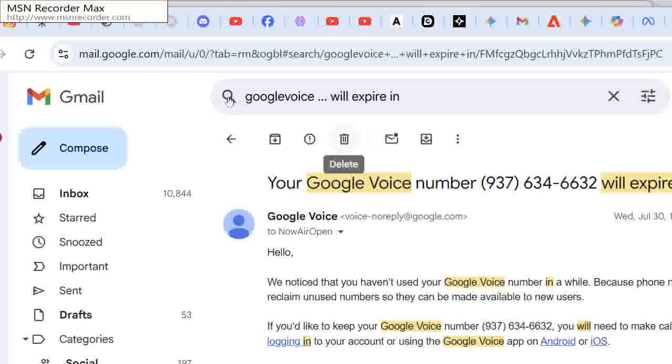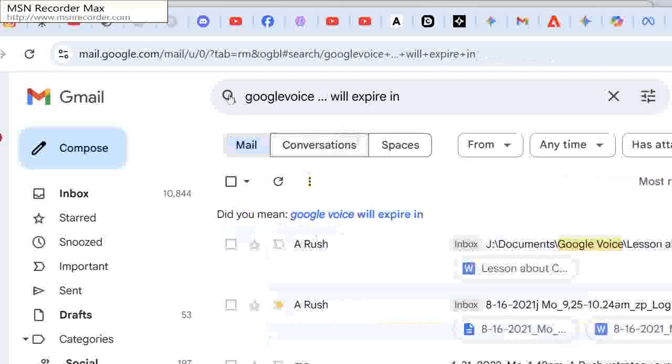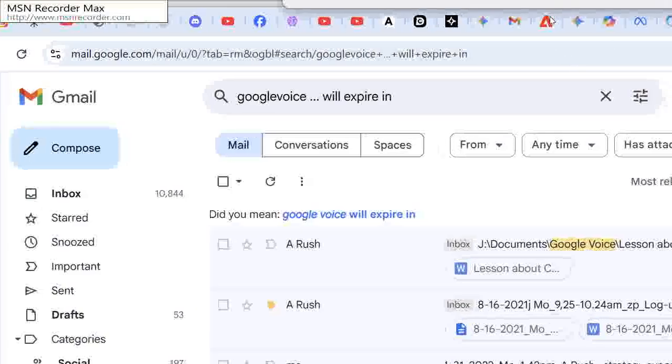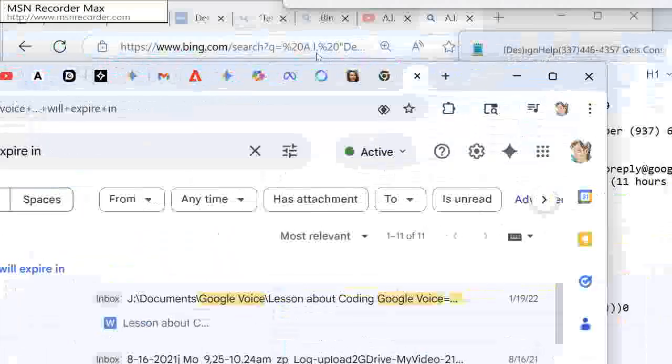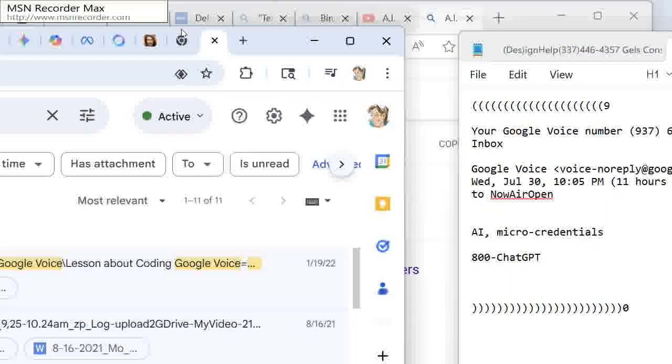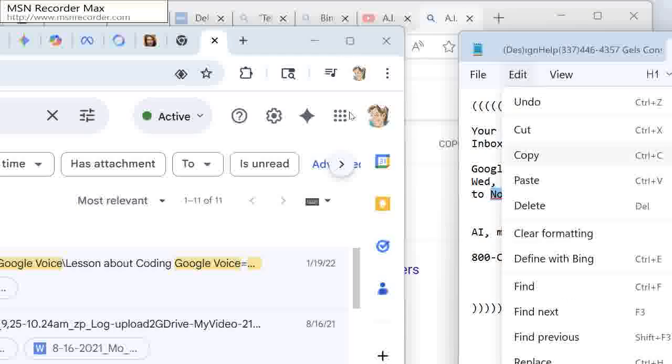So I'm going to delete it since I'm going to make an outbound call and comply with the Google requirement. Now I have to log into this account, so I'm going to copy this account, now Air open, to my clipboard, edit, copy,